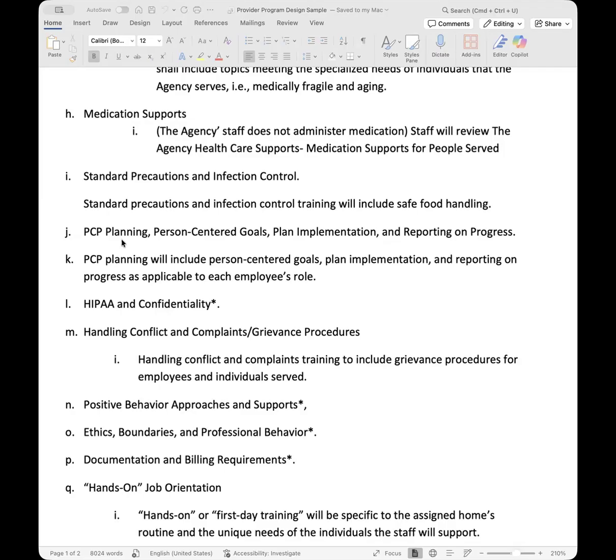And then, of course, that same person, which is your program director or your BCBA, will be responsible for reporting the progress of these plans. So it's super important for you to make sure your staff are fully trained on this process so they know how these plans are developed. They know how important their tracking information is.